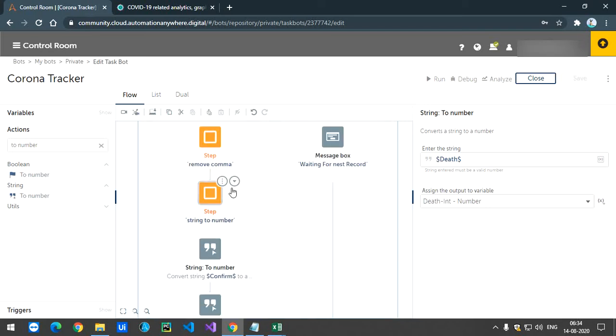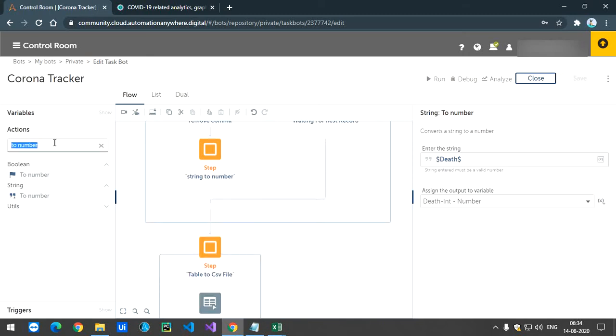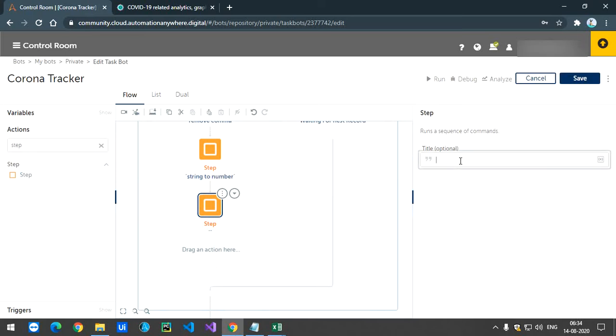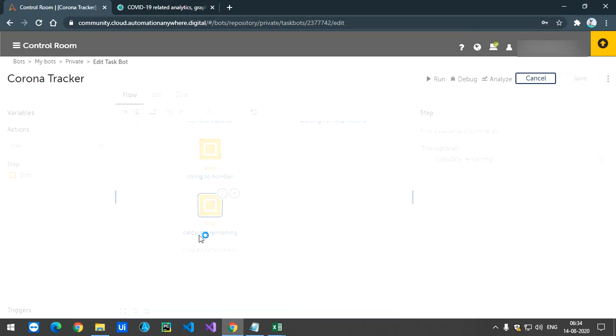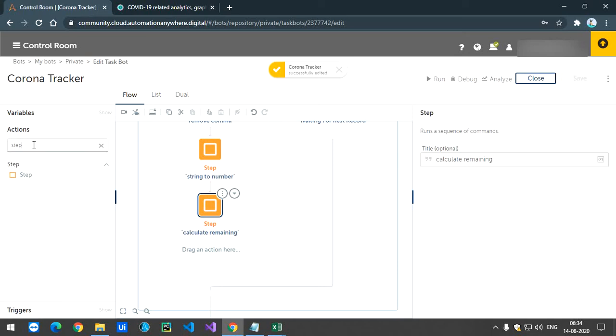Now what I'll do, I'll just minimize this step and I'll add one more step named calculation. Calculate remaining. In this I'll take an assign action of type number.